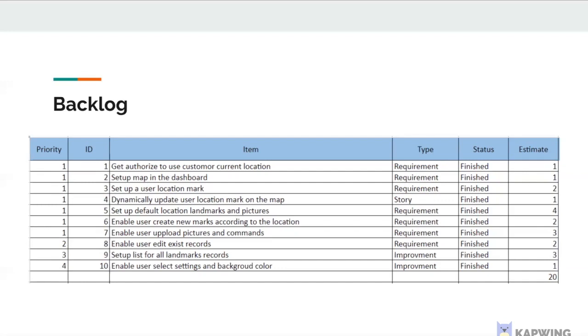Users can also upload their own pictures and write comments or descriptions for a specific landmark, so that they can record their own stories. We set these tasks to have very high priority because these items are the main functionalities of our application. In addition, we also enable users to edit existing records, like changing the pictures,